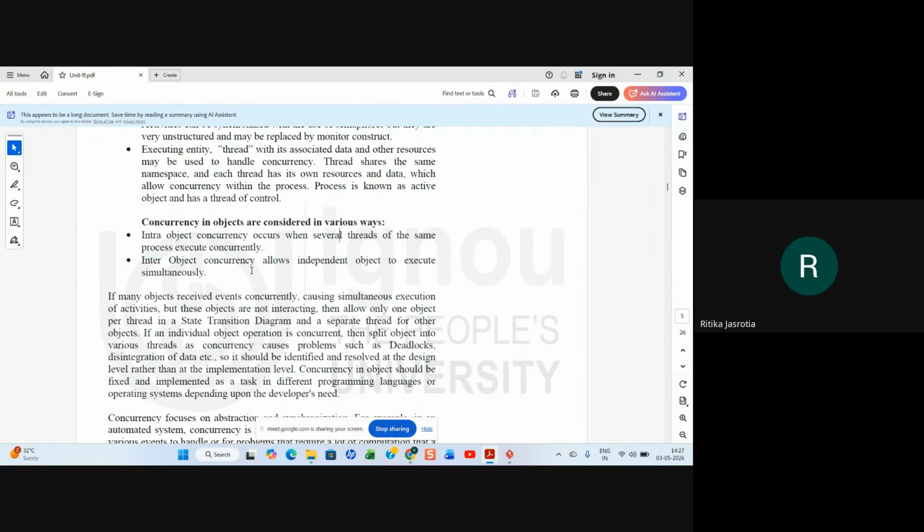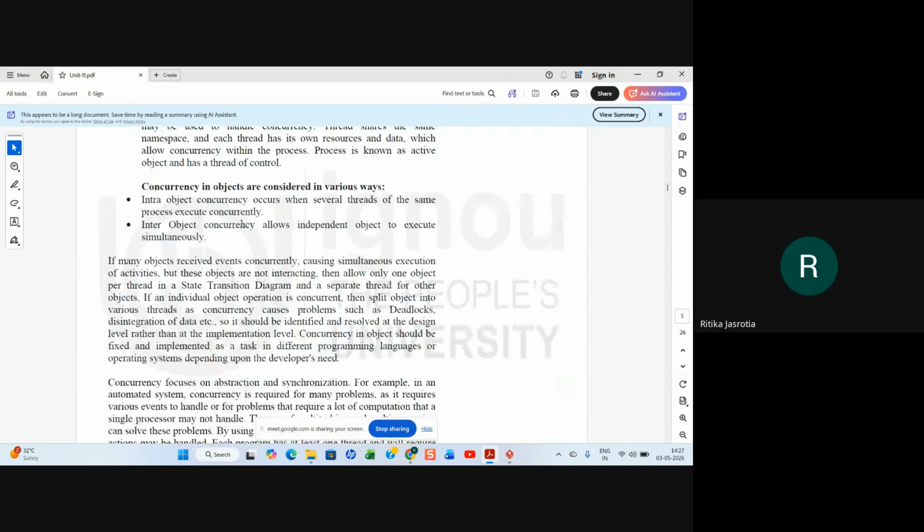Inter-object concurrency is also there, which allows independent objects to execute simultaneously. So independent objects are executed simultaneously. That is inter-object concurrency. Intra-object means inside the object there are threads, and the threads are running parallelly or concurrently.